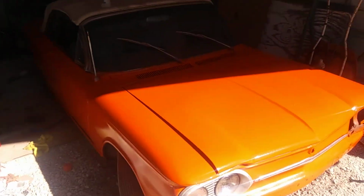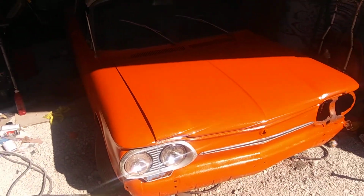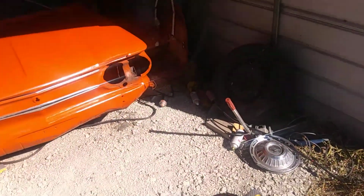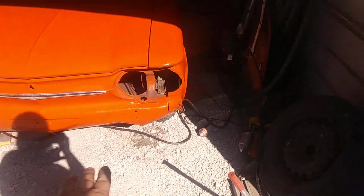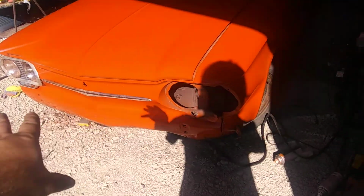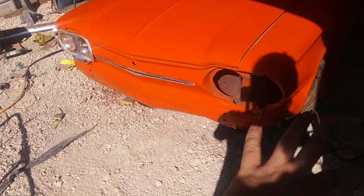I'm running out of time. It's going in the winter, and I really wanted to get some paint shot on this, because if I hadn't done it yesterday, I still need to pull that out. It'll be alright. I can spray paint that because it's below the bumper, so I don't have too much of an issue there with paint. Yeah, this side about the same way. Not real great. This one, I ended up doing this side with spray can and then going over the top of it with